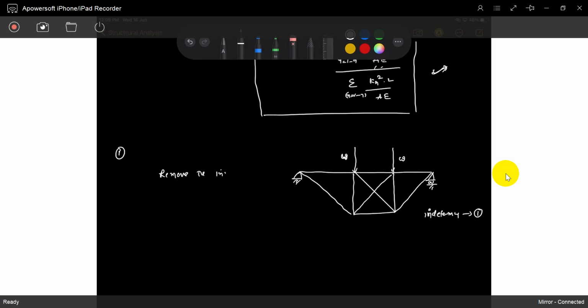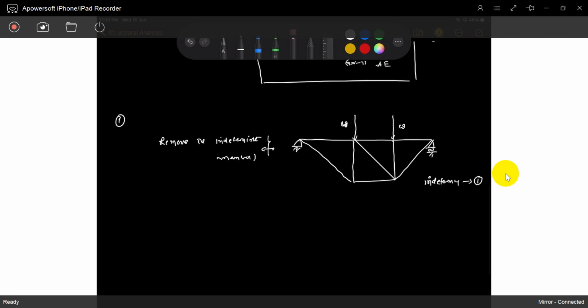First remove the indeterminate member. So what is the indeterminate member? Anything is indeterminate, no need to fix only one. This is the direction of the redundant. You can take any member. So I will remove this first. That is the redundant member. You can take any member at all, no problem. First I will solve without the indeterminate member.